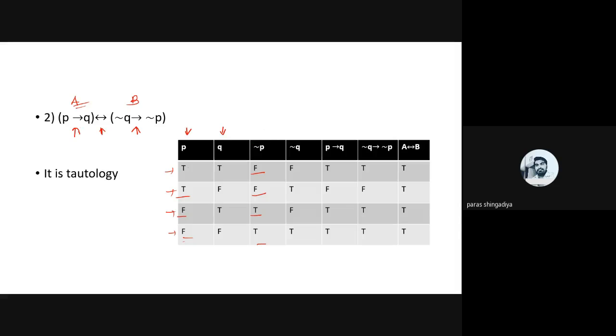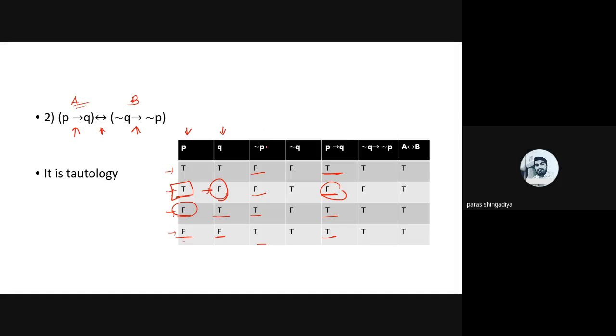And now the first bracket, that is P conditional Q. So observe the P and Q columns and check the output of the conditional value. Here both are T, so it will become T. In the second row, that is the T to F case, the first statement is correct, the second one is false, so it will become false here. And then the third one, F to T case, will become T, and F to F case will become T. Only one case we have: if the first statement is true and the second one is false, in such a case the conditional output will be false. Remaining all the cases will become true.